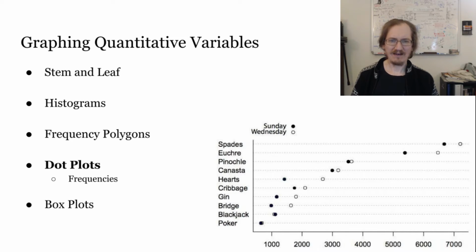and you can have more than one axis, like for example the Sunday and Wednesday axes. This is a way to combine two dot plots into one, just by using a different marker, a different symbol for each day in the same plot. Also a very useful